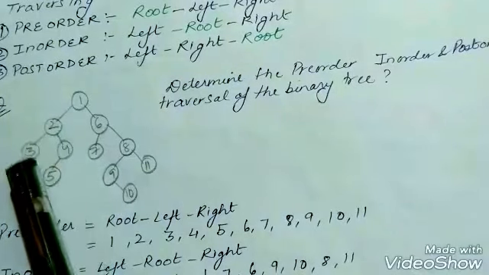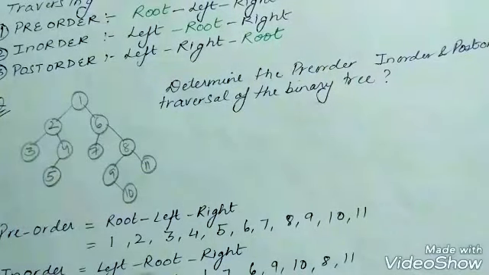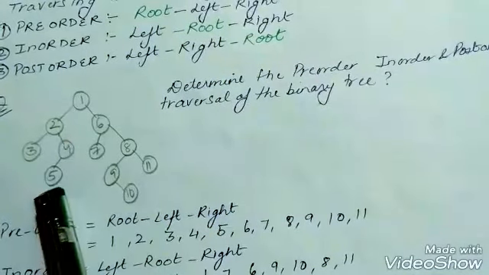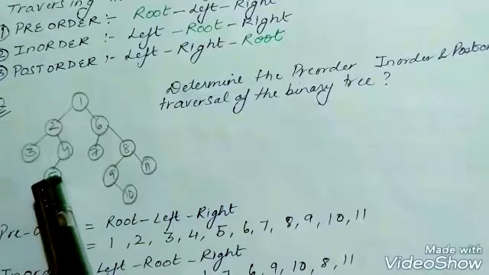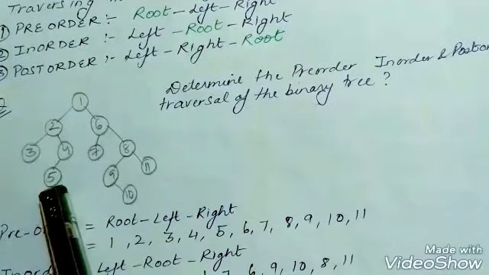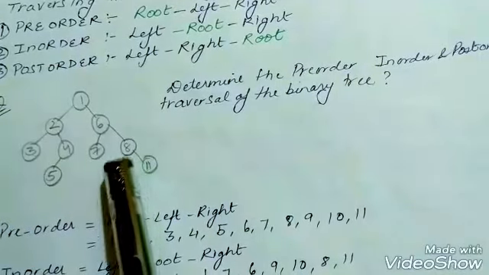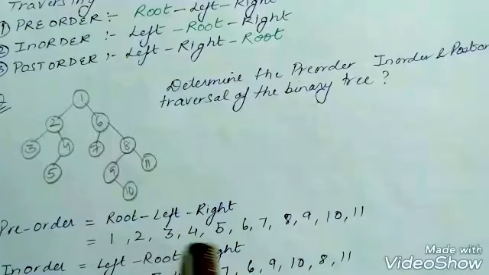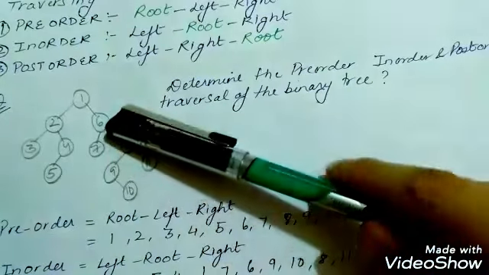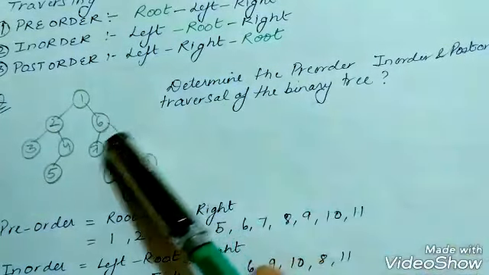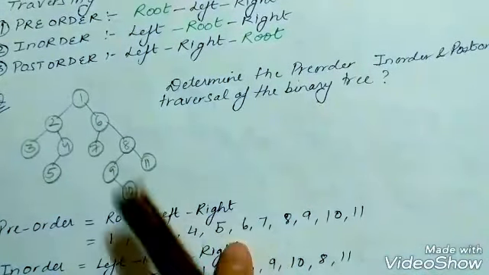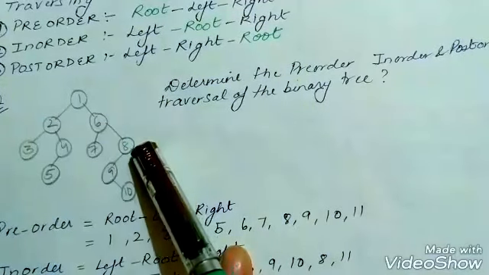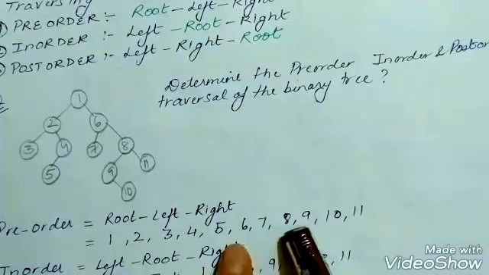So we write 2, 3, 4, and then 5. Okay, so this is our left subtree completed. Now moving from here to the right subtree. Even in the right subtree, we will follow the same pattern. First, we will take the root, then left, and then right. So moving to 6, 6 is the root, right? So we have written it here. Now we will move to the left of this 6. We have 7, and then to the right, we have 8. So we have written 7 and 8.